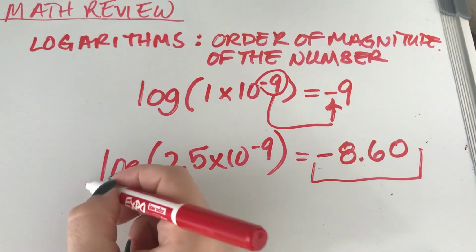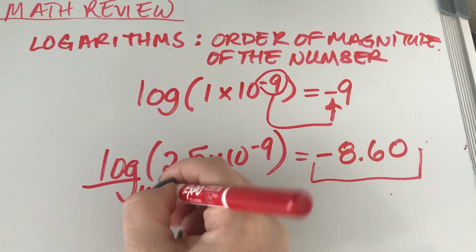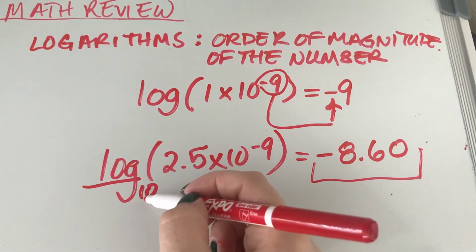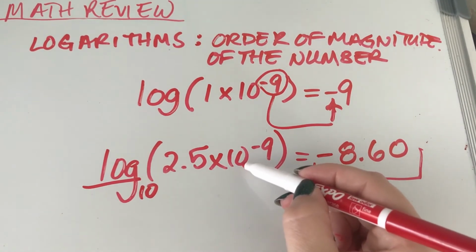Yeah, so basically, logs are generally base 10, and a log base 10 will essentially undo the power of 10,